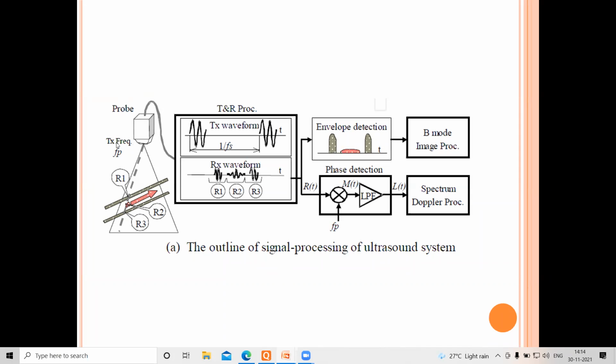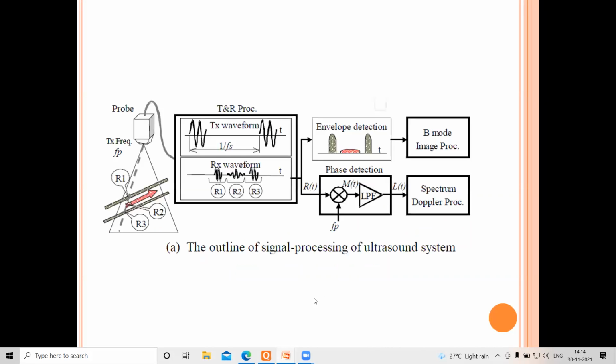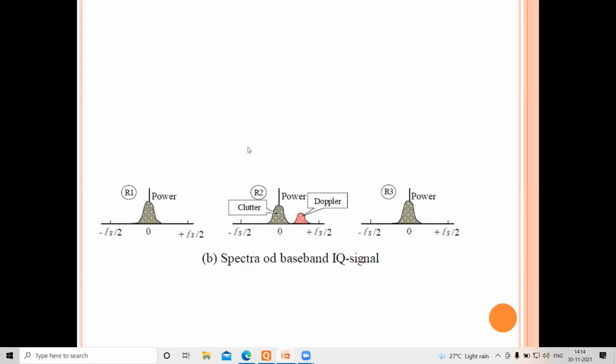What is that? You're taking a probe, you're receiving your signal, you're able to reconstruct its envelope, and you're able to construct an image. Similarly, you're able to do its spectrum. The problem now is, when you're doing this, I said Fs is there in this particular one. I'm sampling at a rate of 1 by Fs, I said, because Fs is my sampling frequency.